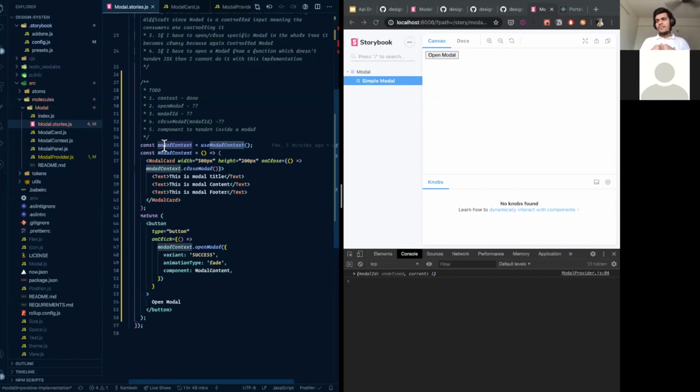Now this helps you come up with better APIs, plus you're thinking from your consumer's perspective, because most of the time when you want to build a design system, the team could be different than the team which is using the components, and there's often a gap where the team which developed didn't think about how the consumers will be utilizing it.